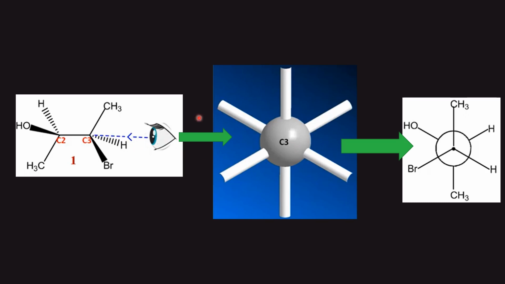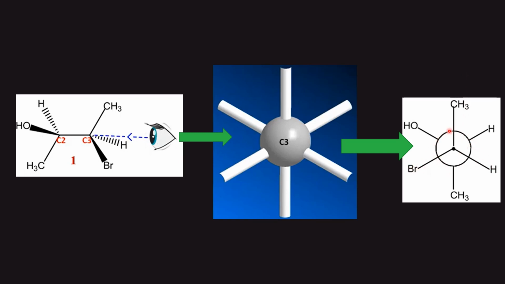And in the upward direction we have the methyl group. So this methyl group is here. Bromine at the left, hydrogen at the right. So here we are just taking this ball as a dot, and the three bonds are shown with solid lines, and the methyl at the top is here, bromine at left, hydrogen at right, and the backside carbon is taken